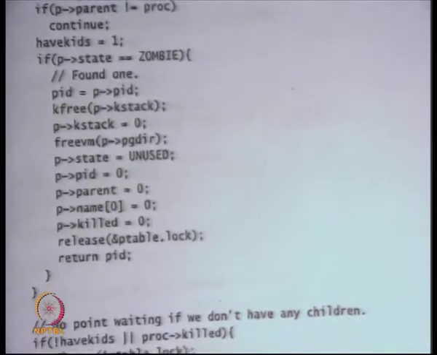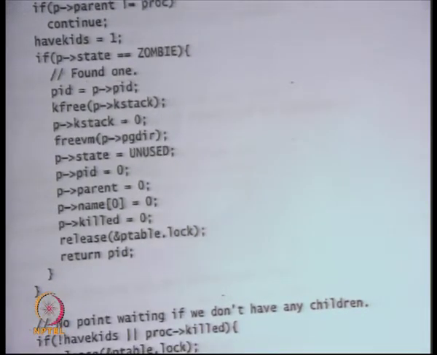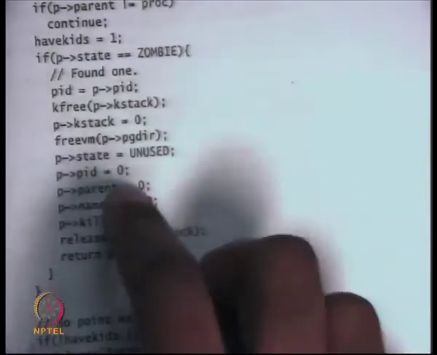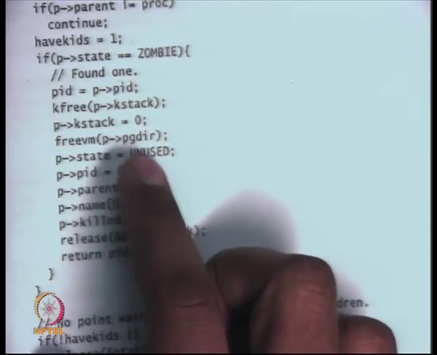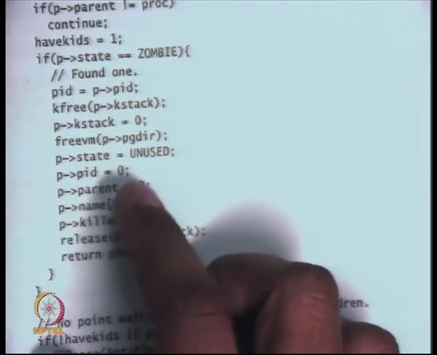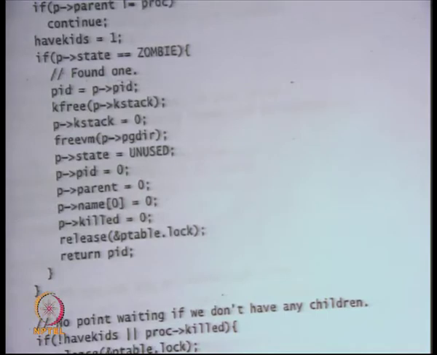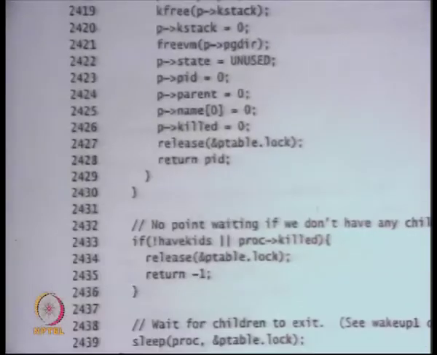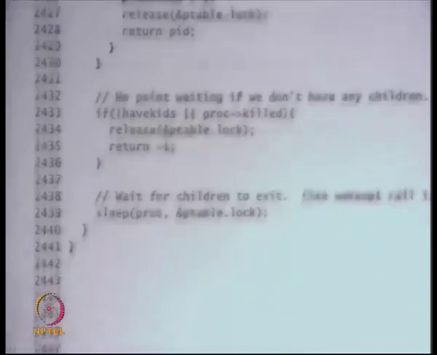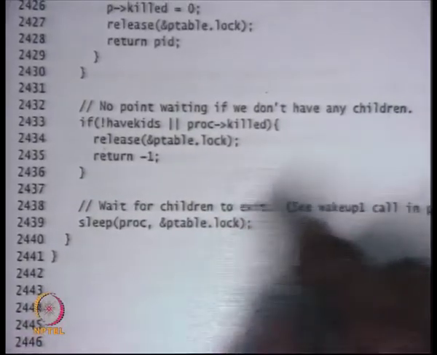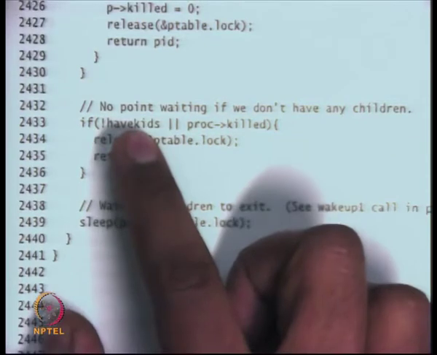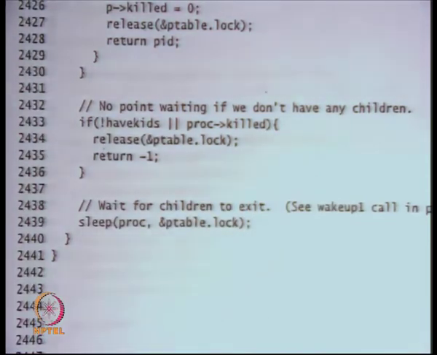So do we need to actually set these fields to 0, because once you have marked it unused, we are not going to access these? Sure. I mean, do you need to set it to 0 because you have set it to unused? Yeah, those small things can be done, right? I'm not sure what other parts of the code are relying on what invariants they maintain, but you could do that. Sure.